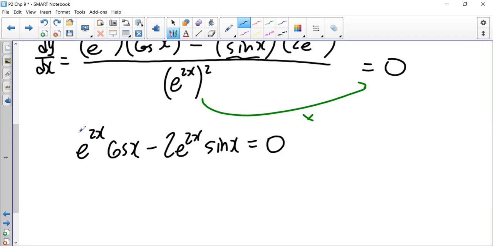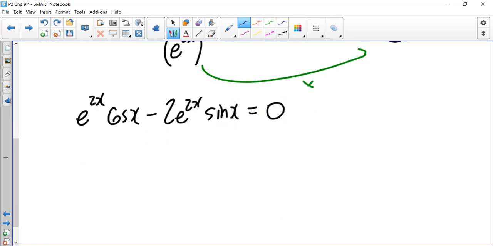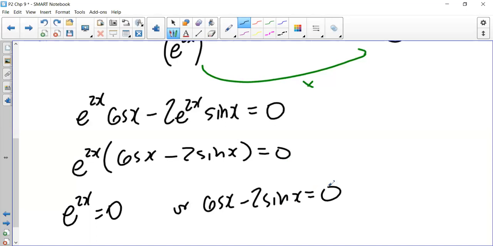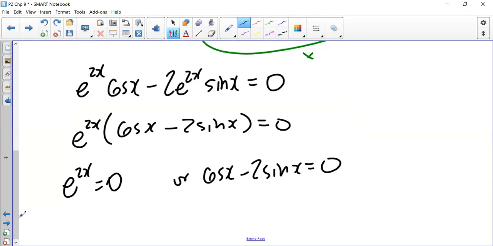However, they both have an e to the power of 2x term, so I would suggest you factorize it out first. The reason is then we have e to the power of 2x equals 0 or cos x minus 2 sin x equals 0. So potentially you might have one extra answer in here, but you don't for this instance,